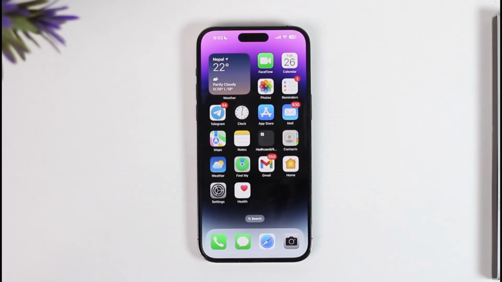In today's video I'll guide you on how you can delete all notifications on your iPhone, so make sure to watch the video till the end. In order to delete all notifications on your iPhone, all you have to do is simply go ahead and then